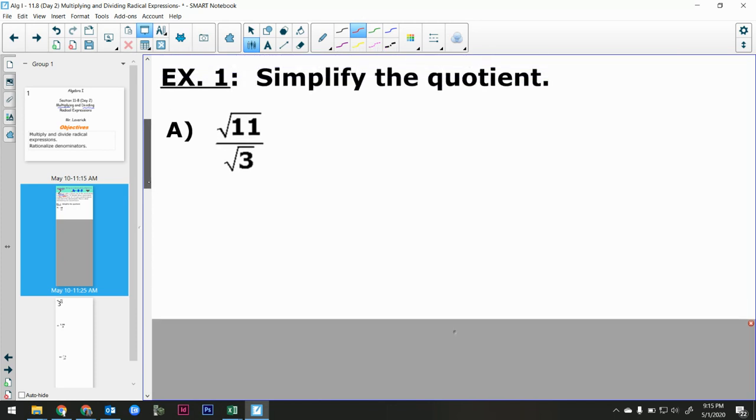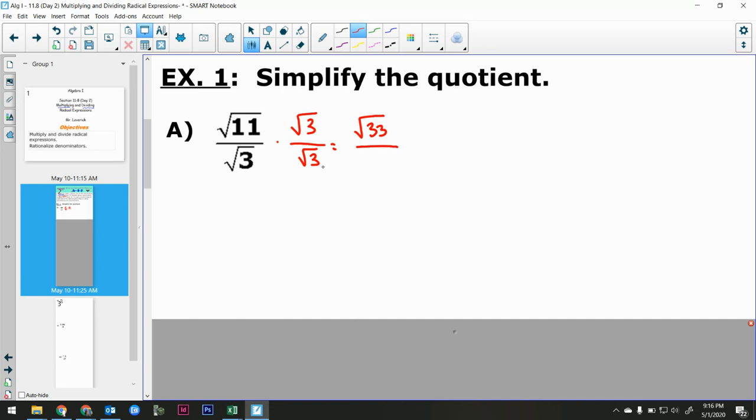So here's what we have. We have a square root in the denominator. Now, what we have to look for is we have to make sure that nothing can be simplified down. And there can't. I can't reduce down radical 11. I can't reduce down radical 3. So what we do is we multiply by 1. But really, just take the radical from the denominator and multiply it by both numerator and denominator. Because again, radical 3 over radical 3 is just 1 in the end. So we've got radical 11 times radical 3, which is radical 33,